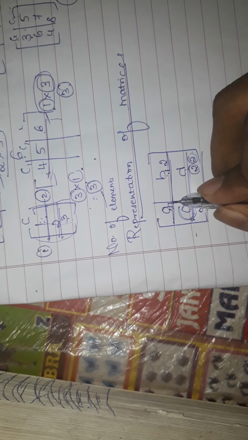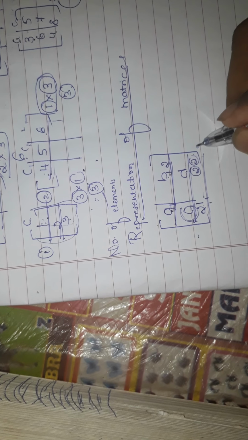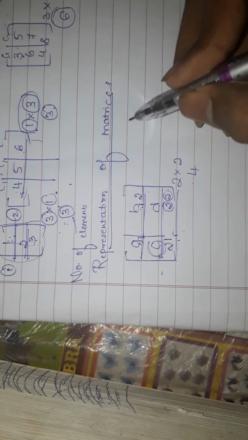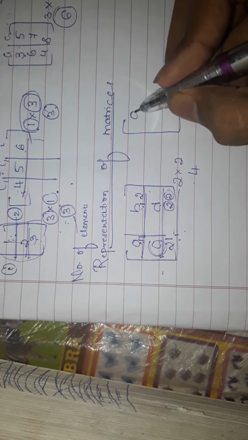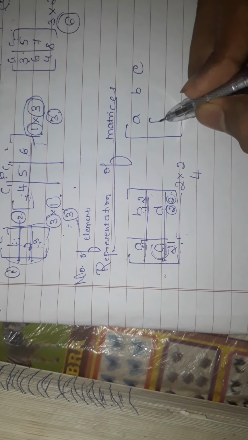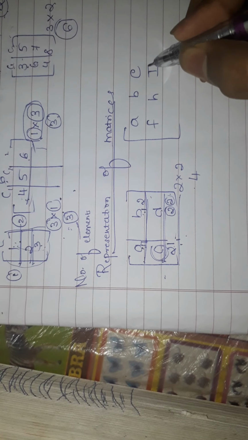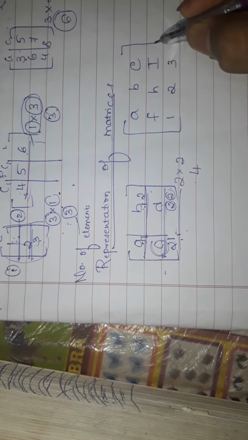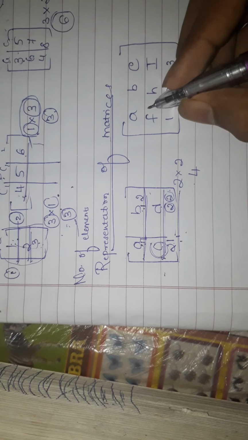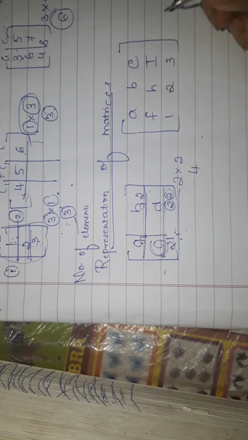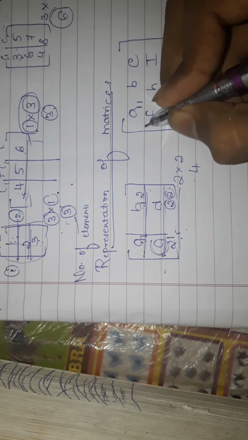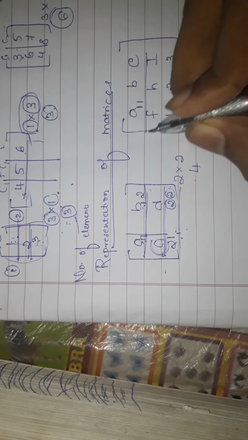How to name is clear, and the order of the matrix we know is 2 into 2, and the number of elements is also 4. Is it clear? There are a lot of formulas, and this is how you name. Now if I take A, B, E, F, H, I, any elements I am taking, and 1 2 3, these are the elements present in the matrix. Now how will I name it? The naming will be this: first row, first column. This is first row only. Always write first the row and then the column.